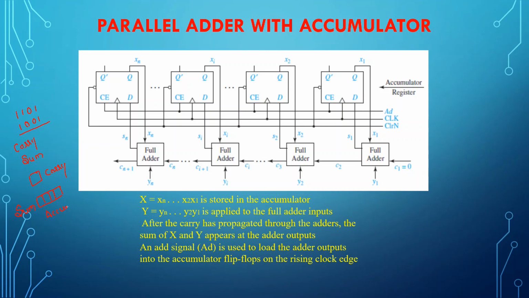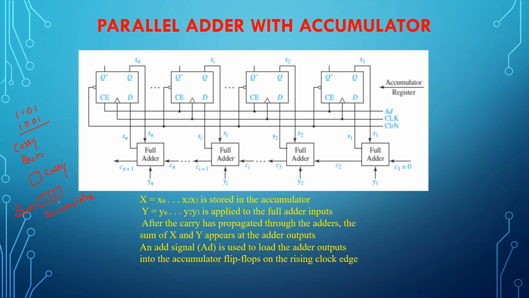Accumulator, in general terms, you can call it a memory space which will be storing the result of any mathematical operation immediately. For example, you say that sir, I have added two 1-bit numbers. Where do you think my result will be stored? Your result will generally be stored in the accumulator. So that is what has happened here. The sum which is going to be generated will be stored in an accumulator. So this accumulator has also been designed by the person who has designed the parallel adder.